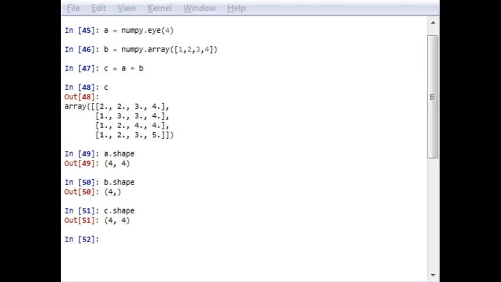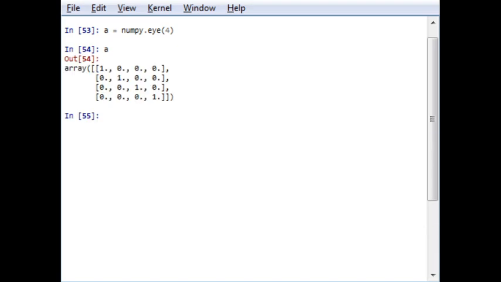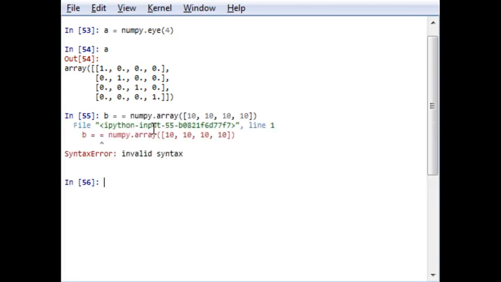We can also check another example. Let me first clear this. A is equal to this, you know what A is. So now let's say B is another, instead of 1 2 3 4, I will say B is a floating point number, which is numpy.array of 10.